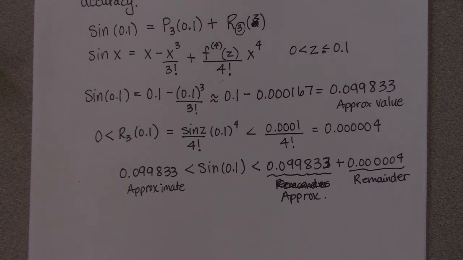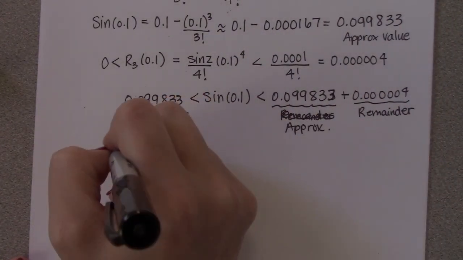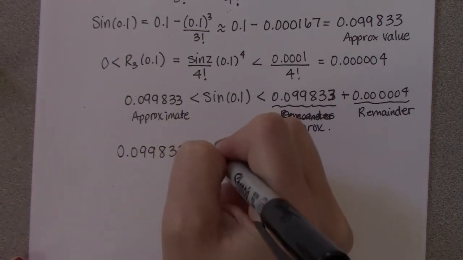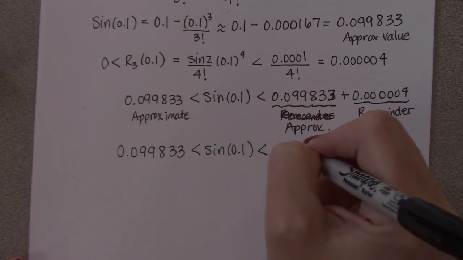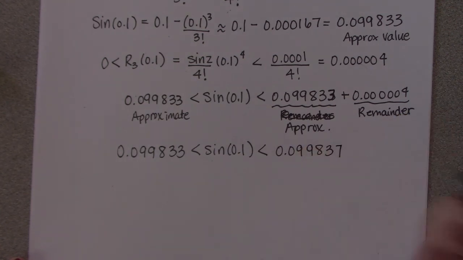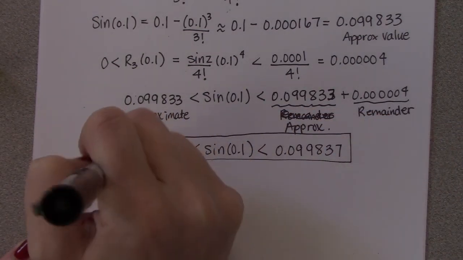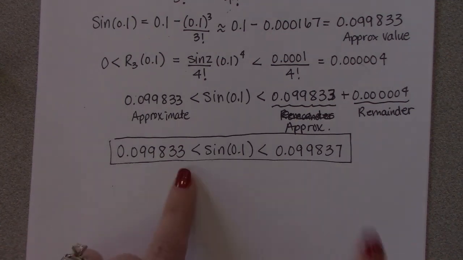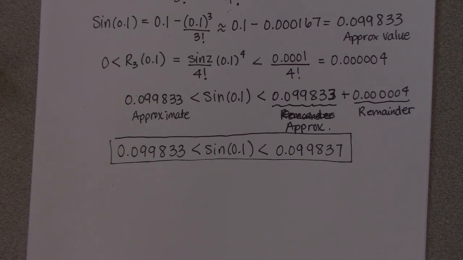So if I actually add this ridiculous number together, what you now get, if we add the right side, we get our final inequality that says the value of sine of 0.1 is between this number and this number. So this is why I had to go out so many decimal places. Because we had to go 1, 2, 3, 4, 5, 6 decimal places after the decimal before we could even see a difference in those two numbers. So this is why, too, I was saying when you get into like